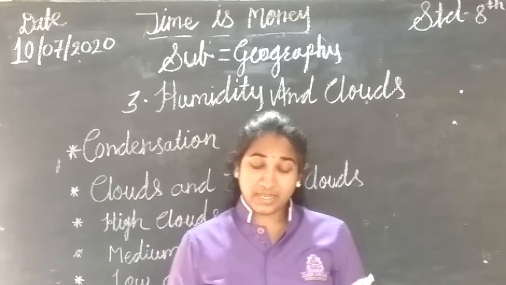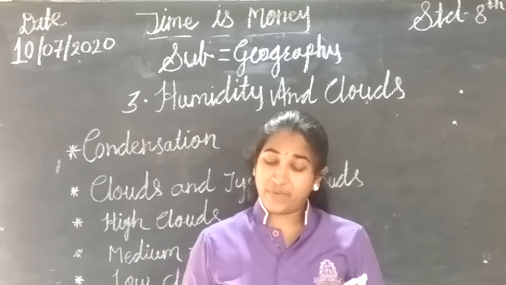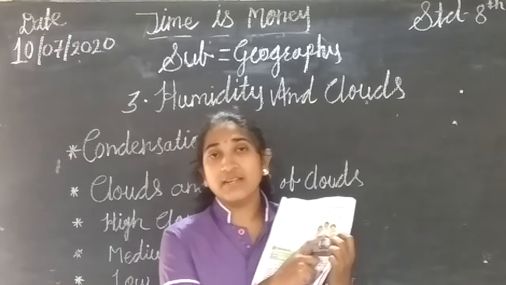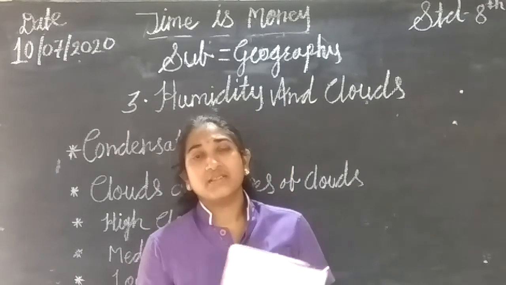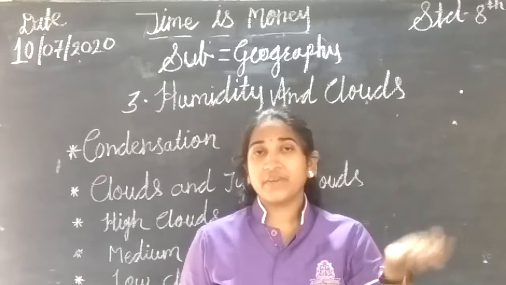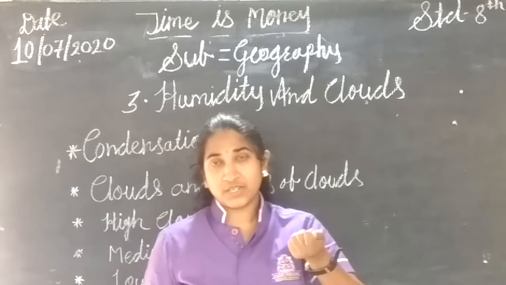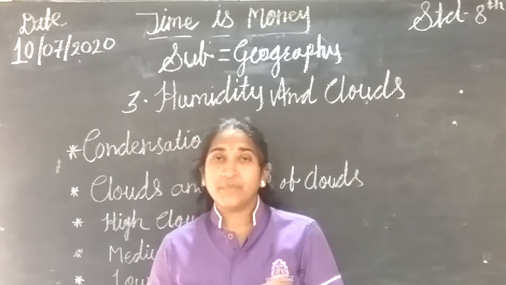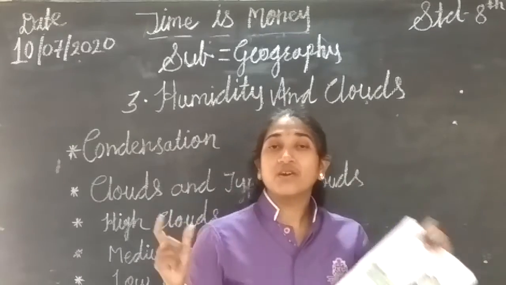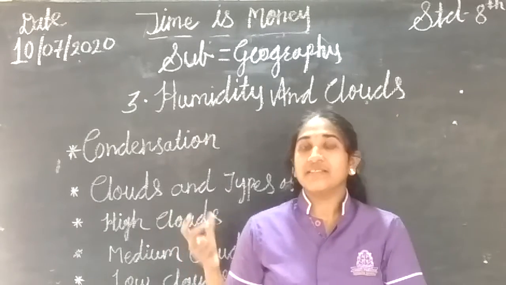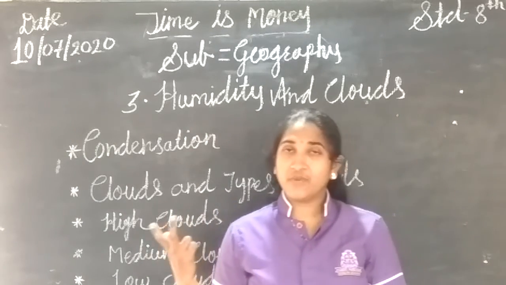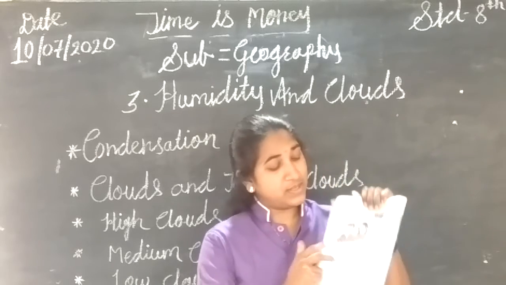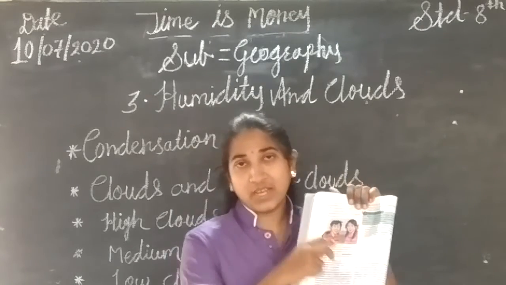See, in the first activity, at figure 3.5, we saw droplets of water formed on the lid. How is it? The lid does not contain any water, but when we take that lid on the pressure cooker on the whistles, then you can see there is water. But how? Because this vapor contacts the cool lid and the water vapor is converted into water droplets.